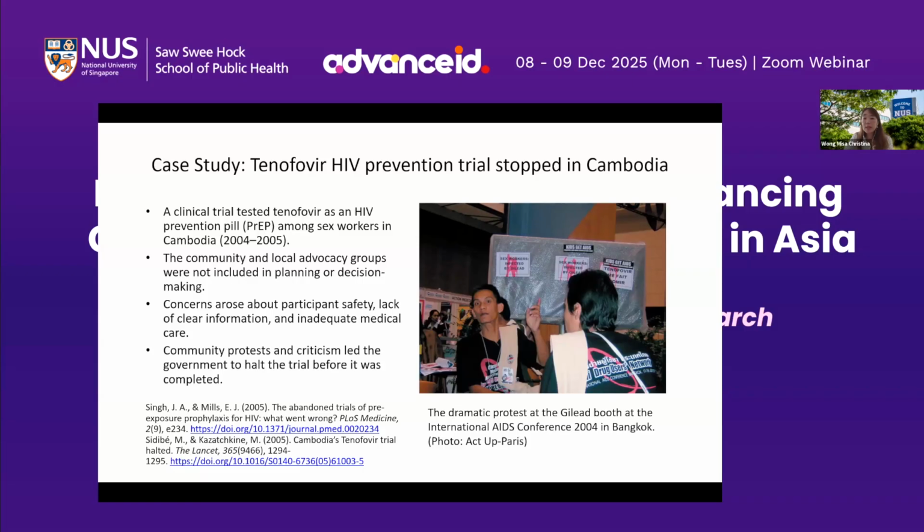When communities and key stakeholder groups are involved from the very beginning, they help ensure that trials are designed and conducted ethically and transparently. They can flag potential risks, guide culturally sensitive communication, and advocate for participant protections, such as access to care after the trial. Building such partnerships not only prevents misunderstandings and mistrust, but also increases the chances of successful recruitment, retention, and eventually the implementation of scientific findings and scaling up in the community.